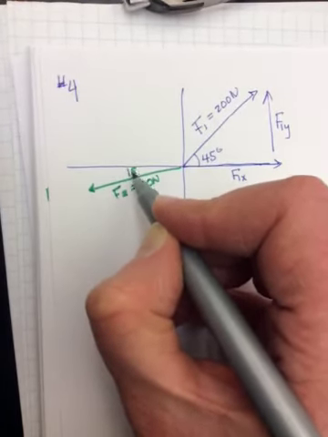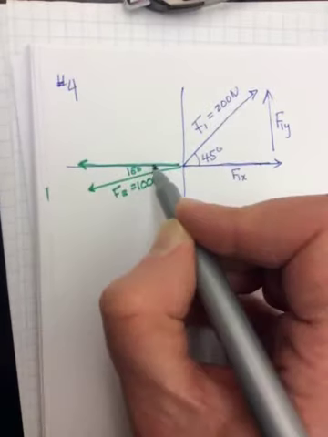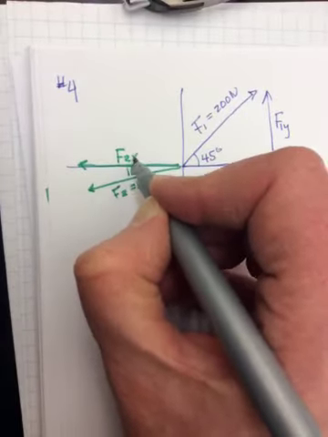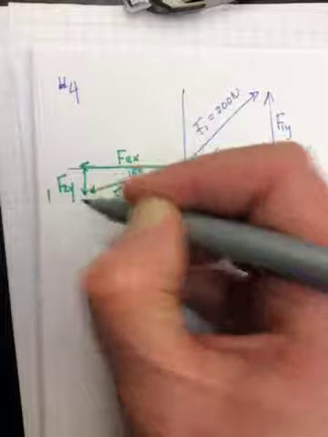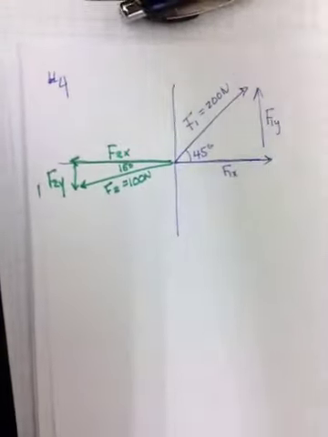This angle in here then is going to be 15, right? Because if it's 180 to there, then 15 more. This will be F2x, and this will be F2y. Okay? And the third one